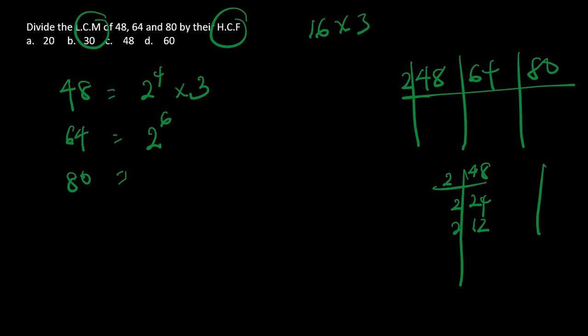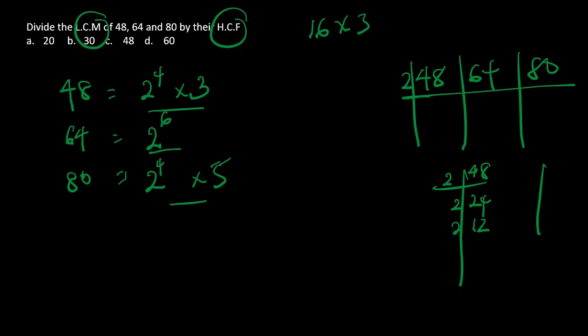80 is 16 times 5. 16 times 10 will give us 160. So 16 times 5 will give us 80. That 16 is also 2 raised to the power of 4, times 5. So for our LCM, the way to get LCM from your prime, these are the prime factors essentially. This is the prime factor for 48, prime factors for 64, prime factors for 80. What you just do is